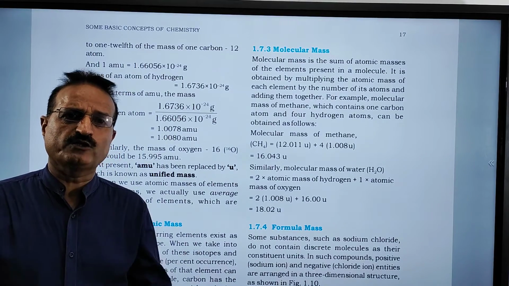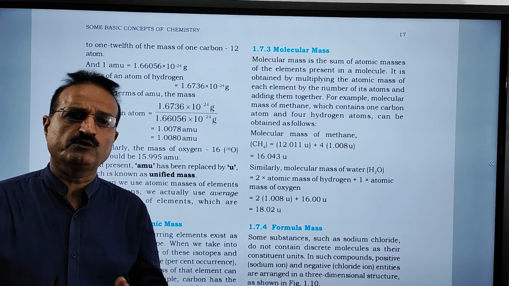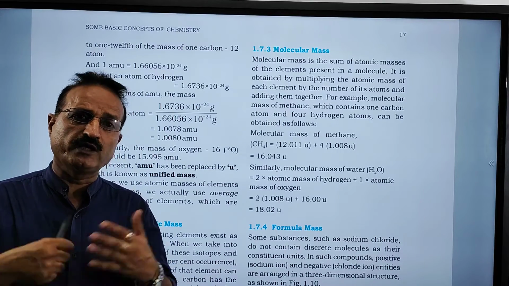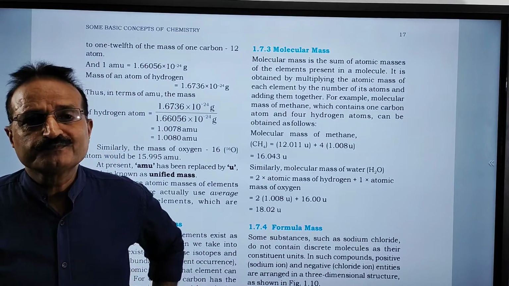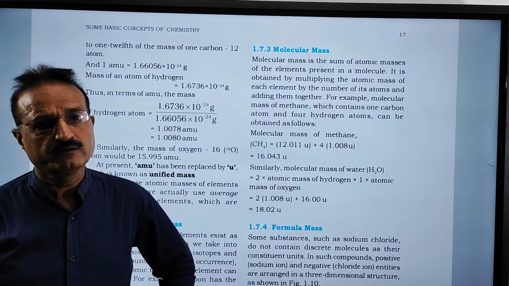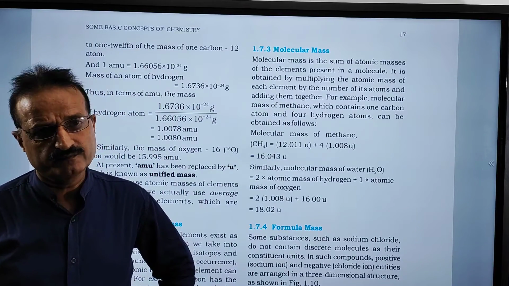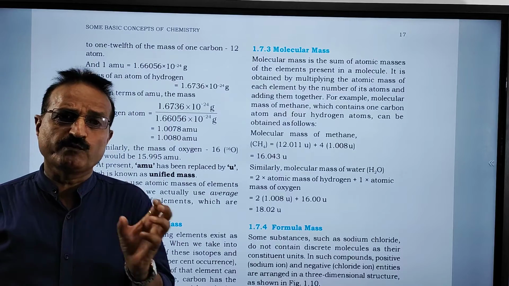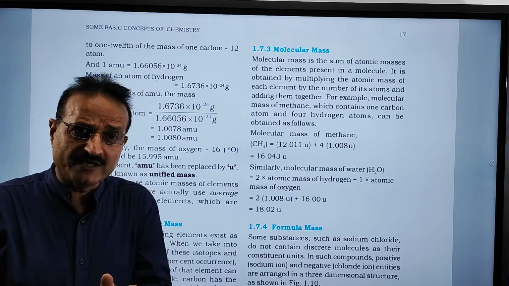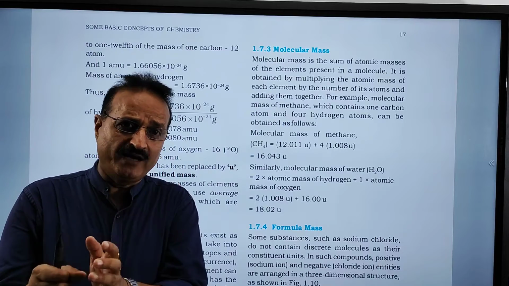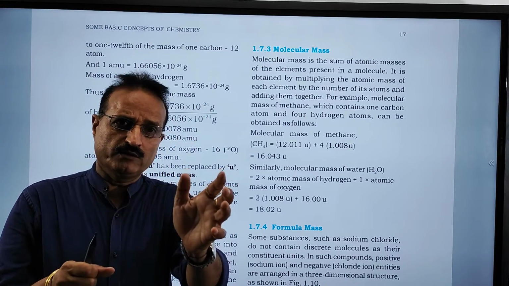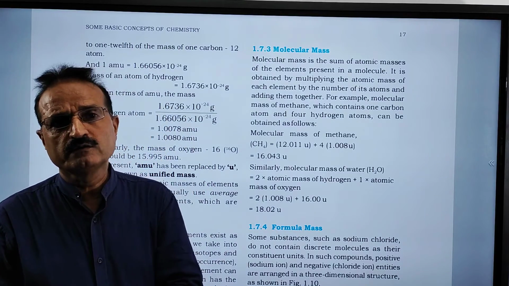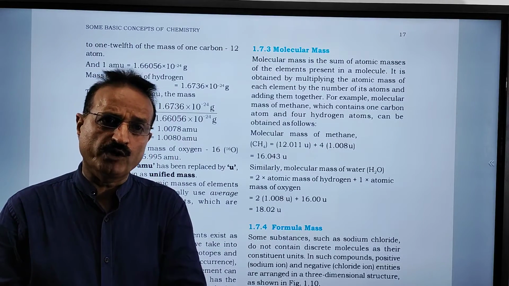H2SO4 itself is a molecule, HNO3 is a molecule, H3PO3, H3PO2, H2CO3, K2CO3, KCl, HCl, these are all molecules which contain numbers of different elements. So we can now calculate the mass of a molecule. It is called molecular mass. Molecular mass is the mass of the elements present in the molecule. You just sum the mass of the elements present in the molecule, and the total mass will be the molecular mass.